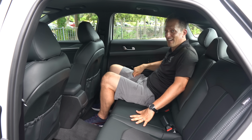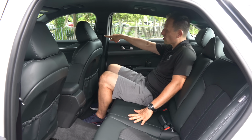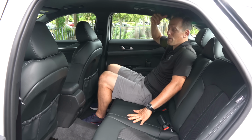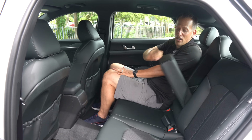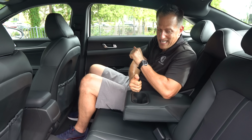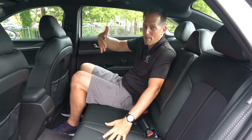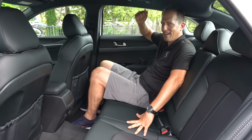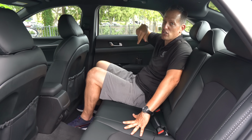hard plastic on the doors up the top portion for the passengers. Soft up there, hard back here. That's a zonk. I maybe want to put my arm here, and it's as hard as a rock. The good news is I have this armrest, which is semi-soft with 2 deep cup holders. Flip it back, same seat material as up front, so it matches. Not like one of those Civic Type R's where you got the bright red seats and then the black seats in the back. But let's go ahead, let's check out the trunk and see what kind of junk we could